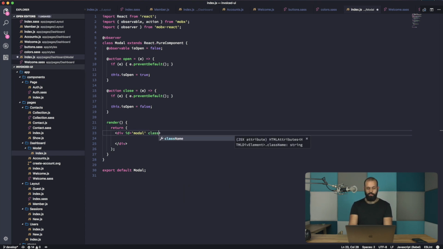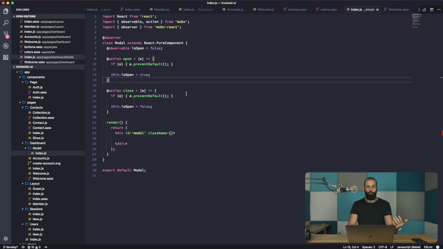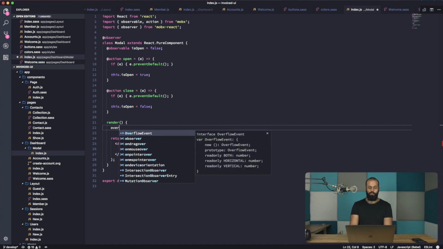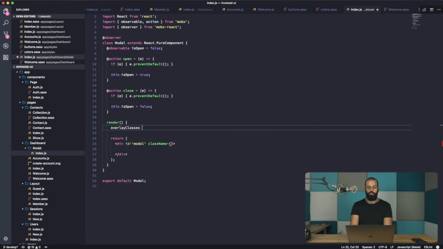So className. And basically the easiest thing is we want to render whether a modal box is open or closed. So if it's open, we render open. And if it's closed, we render just nothing, basically no class. That's the idea. So it's very easy to do. So if we do class overlay, classes equals,